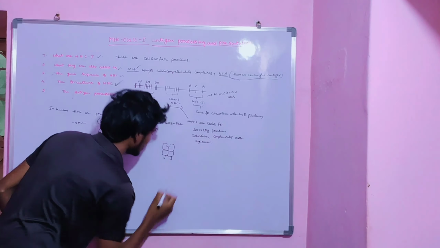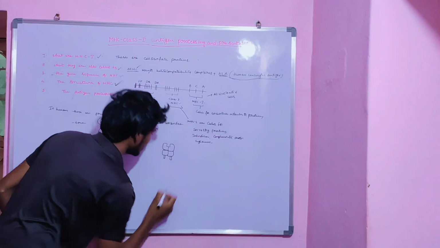For the entrance, there is a protein that helps these amino acids into the lumen of the endoplasmic reticulum. That protein is known as TAP protein. TAP protein. That means TAP means transporter associated with antigen